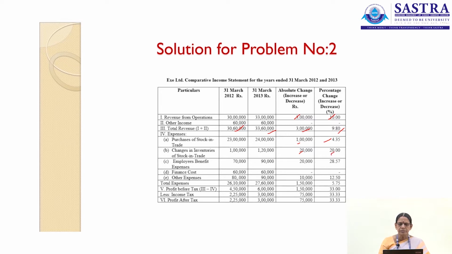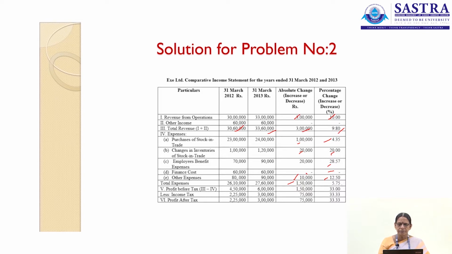Employee benefit expenses, 20,000 divided by 70,000 will get 28.57. Finance costs, we don't have any change, so it is nil change over your previous year. Then other expenses, we have 10,000 as change, 10,000 divided by 80,000 will get 12.50. Then total expenses, we have 1,50,000 as the net change, that is 1,50,000 divided by 26 lakhs 10,000